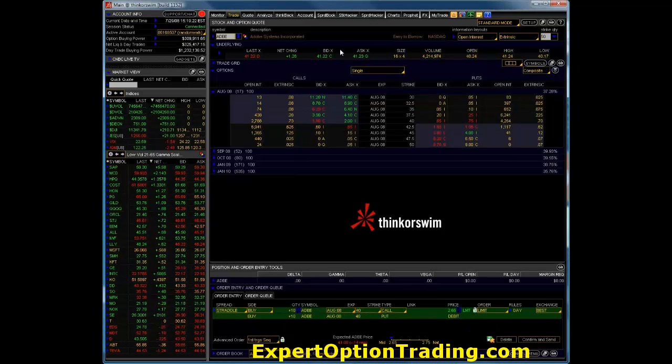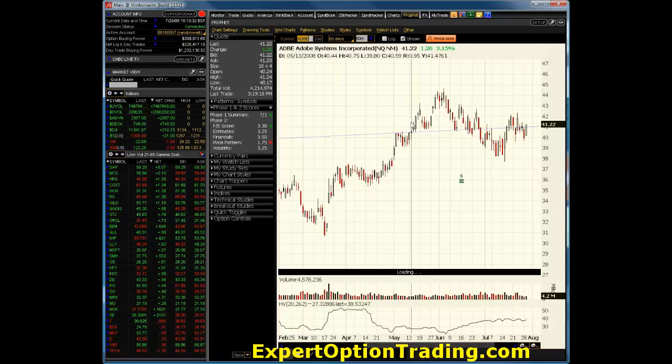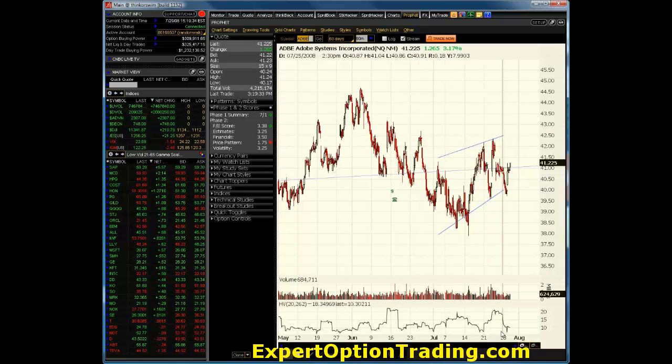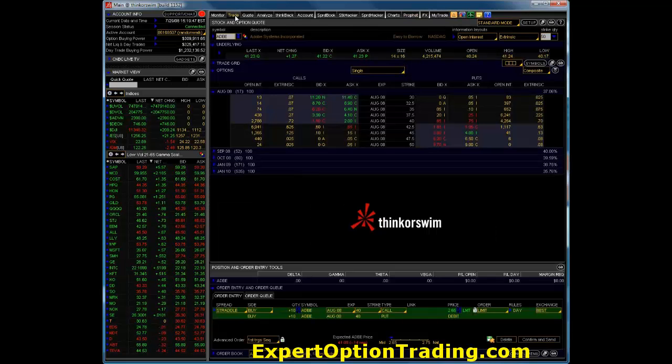Okay, so we're going to go with Adobe. Basically just checking the chart out here. It looks like it's kind of in a trading range. Volatility has been increasing over the last 9 months, but if we take a look at the 60-day chart, we're definitely on the low end of the 60-day chart here, because we've had a few up days, and it looks like prices have moderated and stabilized somewhat. This might be a good entry point, so let's go over to the Analyze